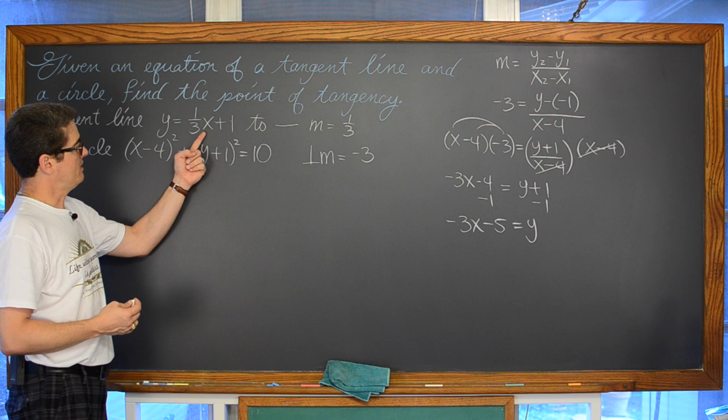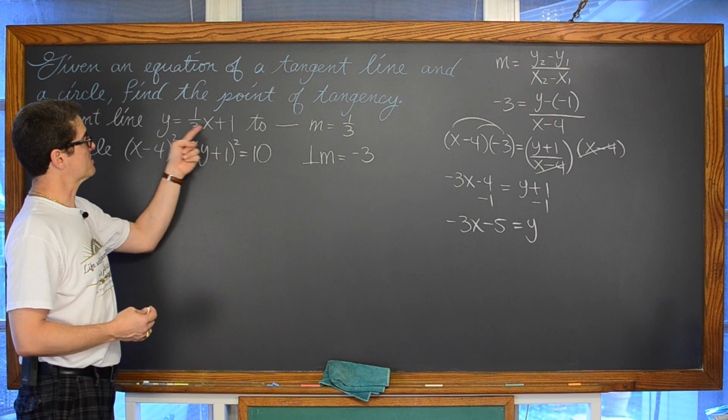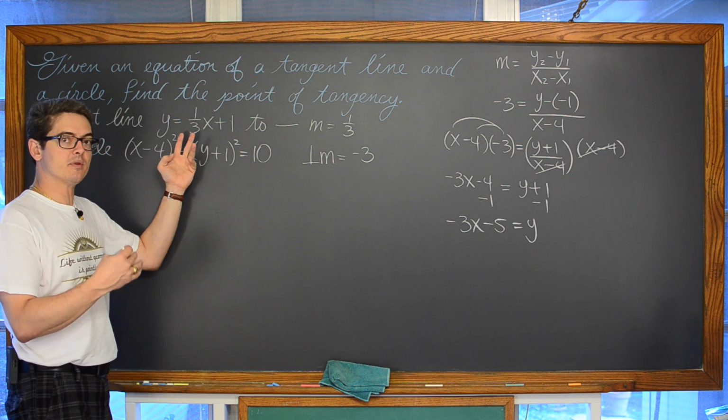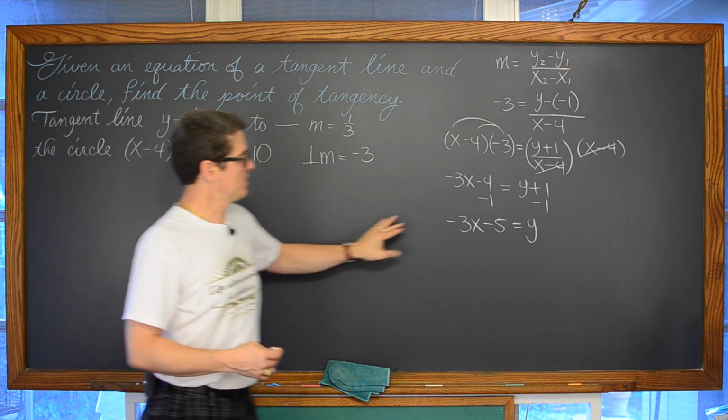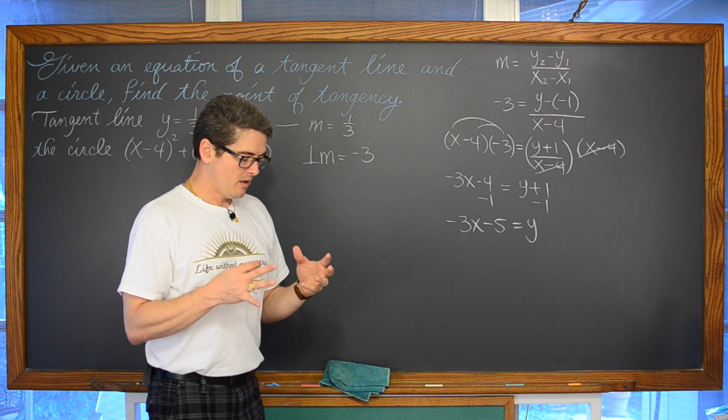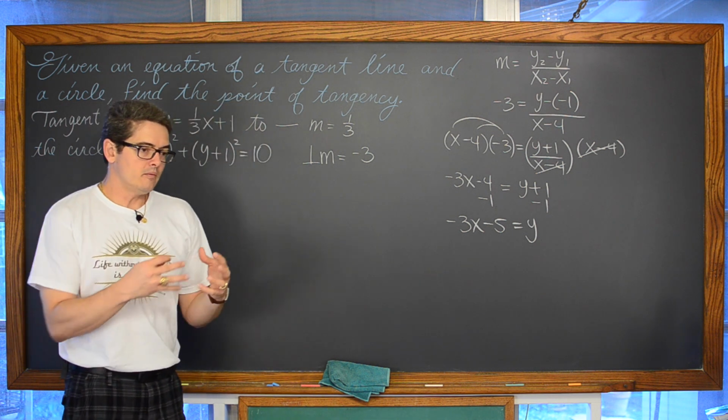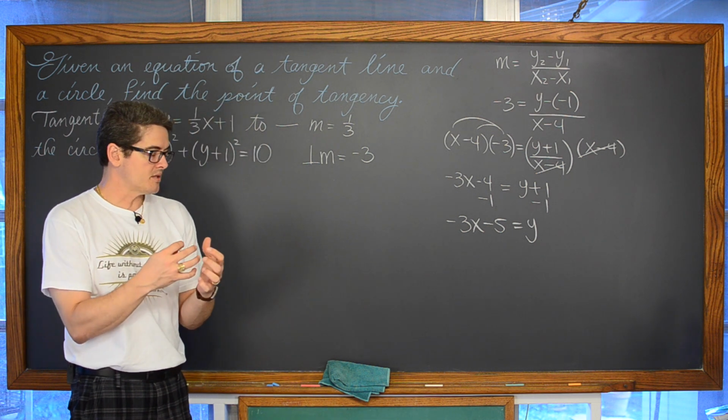And we have another equation that relates the variables of x and y together, but this is not coming from the same source. This is the equation of the tangent line. This relationship between x and y is coming from the equation basically that,